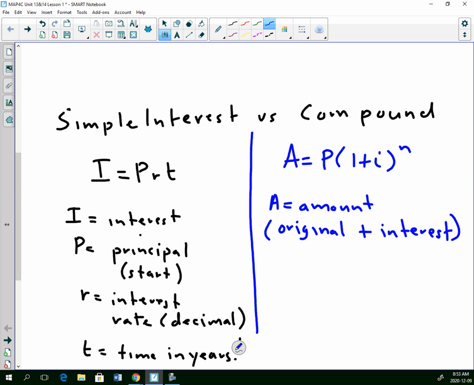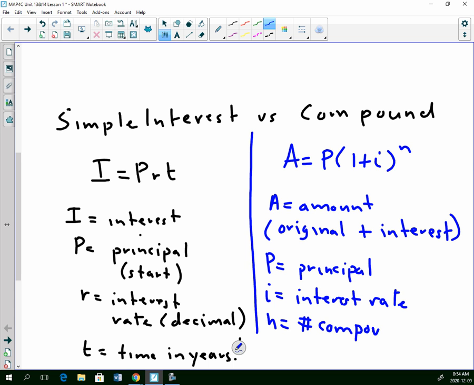The I is just the interest rate, not the original amount. P is the same thing, the principal, the starting amount. And n is the number of